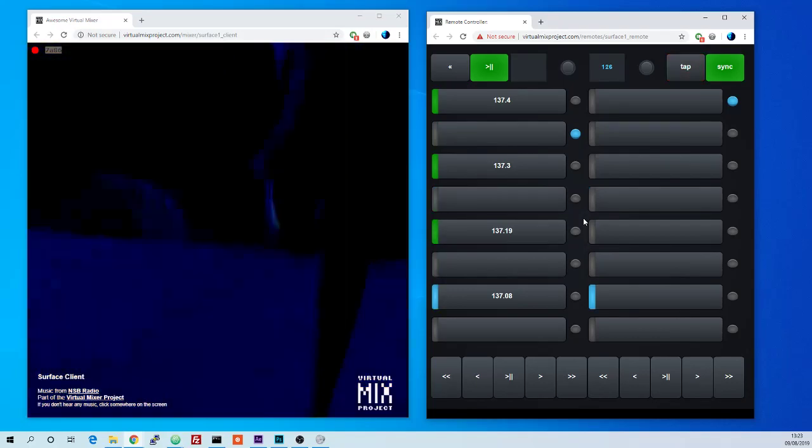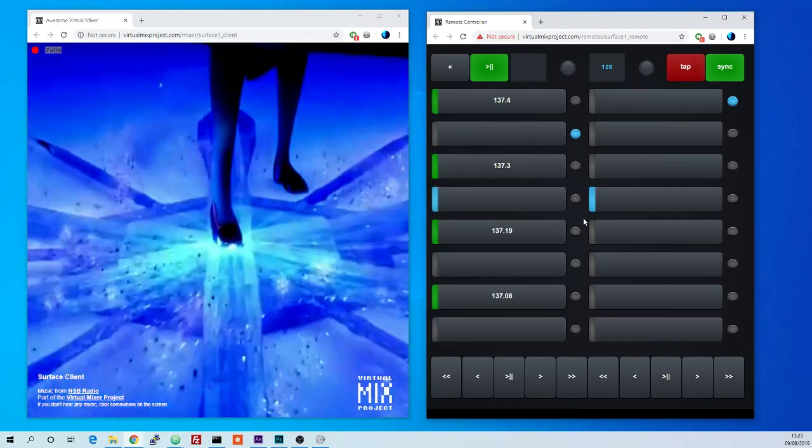So that's basically it. That's the first surface control of the virtual mixer. I hope